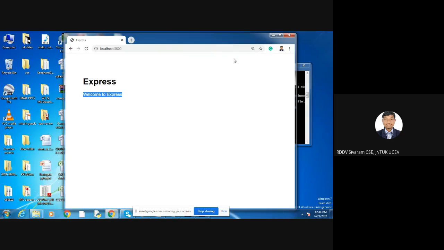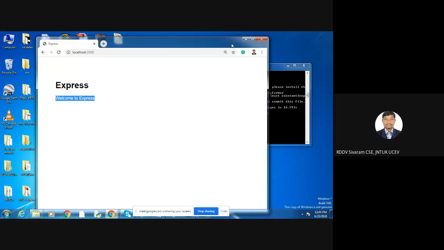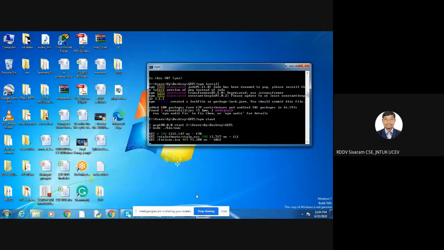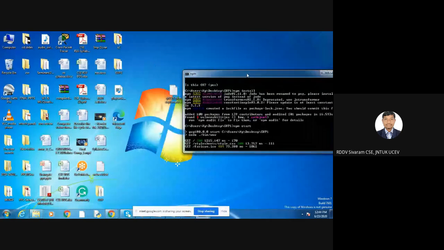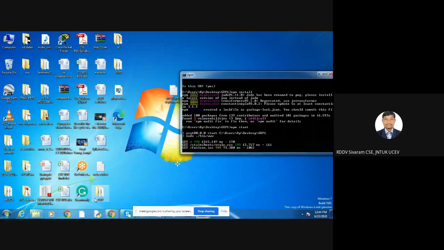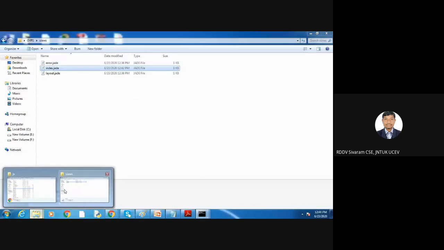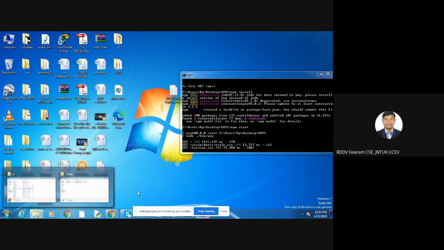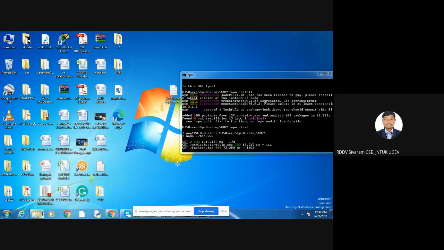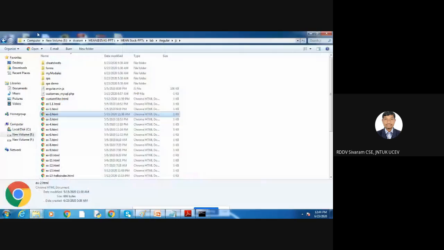Let me show you something interesting. I'm going to post the same application on a live platform, on the internet. How do we do that? For that you need supporting tools. One is this, and the other one is Heroku. If you want to host your application on the internet,